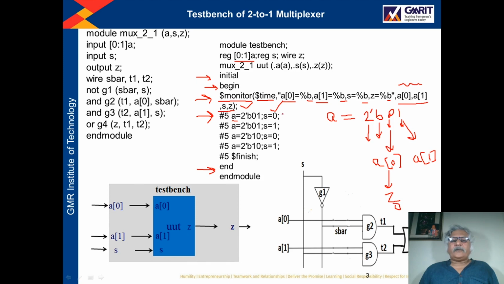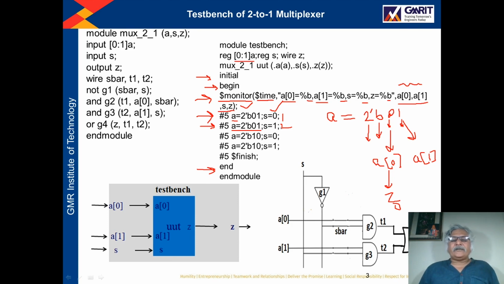Now after this statement 1, statement 2, means after 5 unit time of statement 1, I have changed the value of S. A I kept constant, right? A is equal to 2'b01. There is no change in A, but S I have changed.